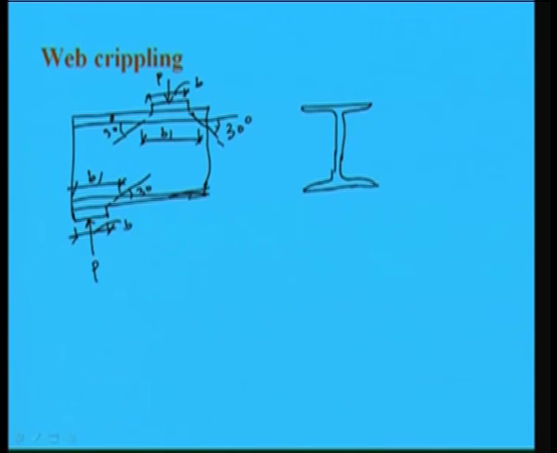right. So, this is the thickness of the flange, say maybe H2, right, and this is the depth of the web, say I can write D1, and the total or overall depth of the beam is D, right. So, we are assuming that the load is dispersing at a 30 degree angle. So, what can we find out? The bearing length